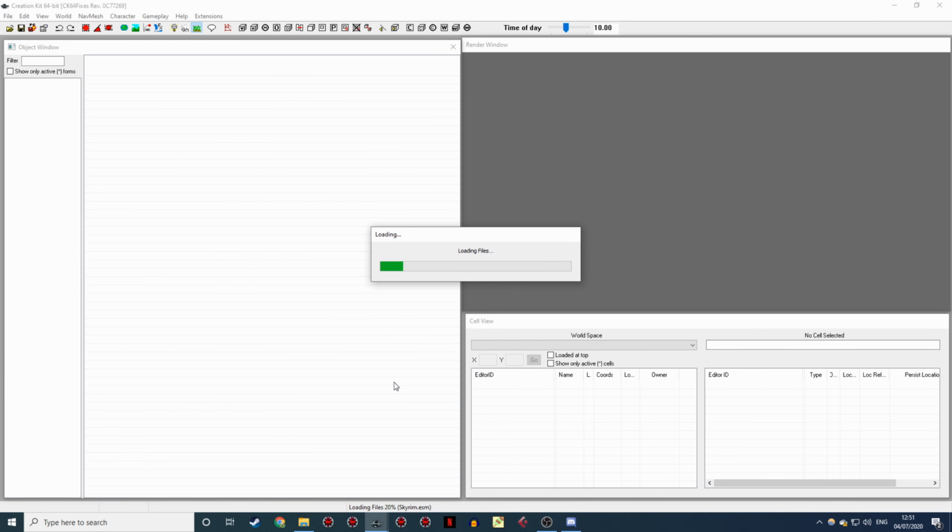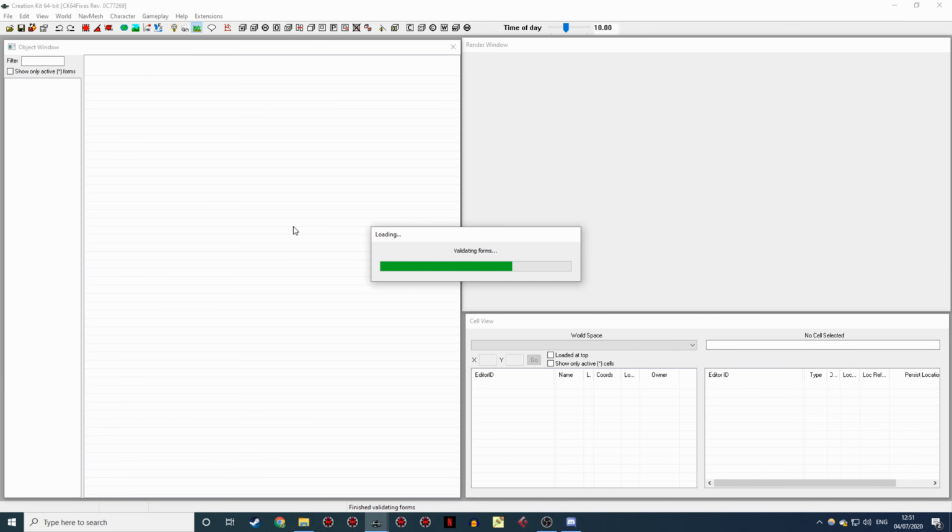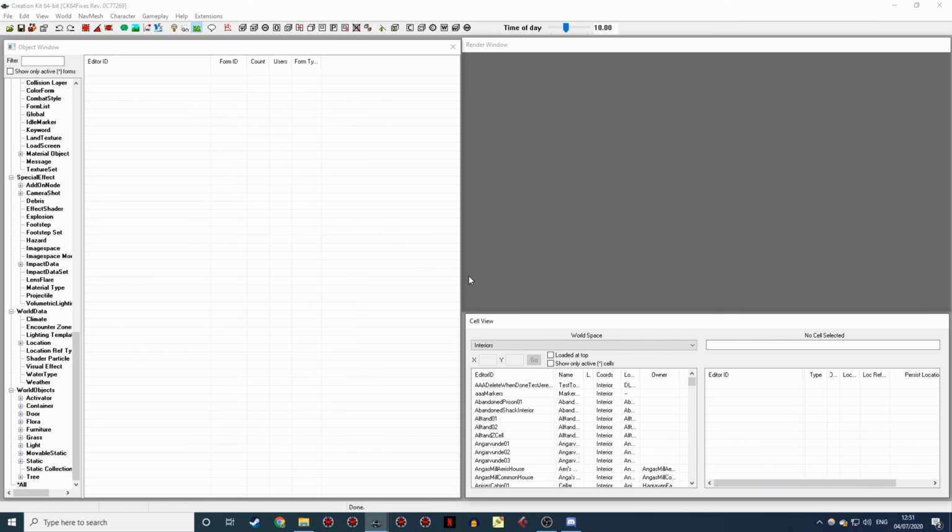loading them up. Now, this takes quite a while, and it'll take even longer if you're using the classic creation kit, because you'll get a whole load of warnings that'll pop up where you'll have to click yes to all over and over again. You'll just have to keep clicking that as you get through each of them. Alternatively, if you're here on the Special Edition creation kit using Nukem's creation kit fixes, all of those dialogue warning boxes are suppressed, so it all loads up nice and quickly.